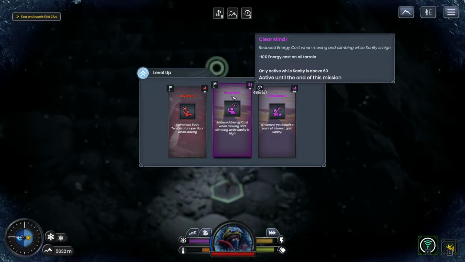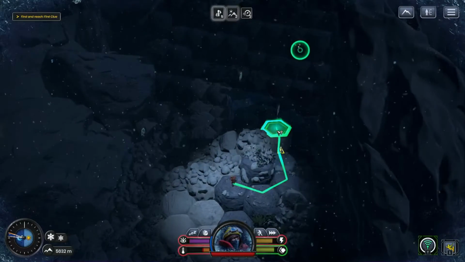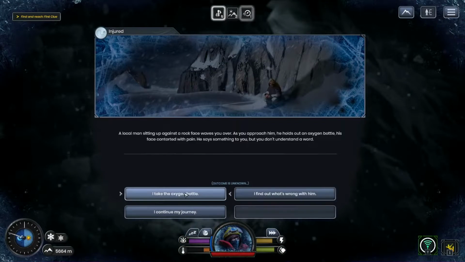I do like these ones better. Energy costs when moving and climbing when sanity is high. Oh, above 60. Yeah, let's do this. Hopefully we'll be able to keep our sanity up. If not, we'll just focus on getting more of those perks. There is one item that does give you sanity, but...